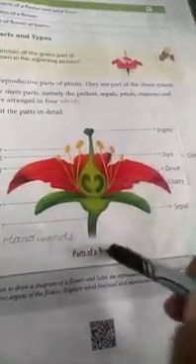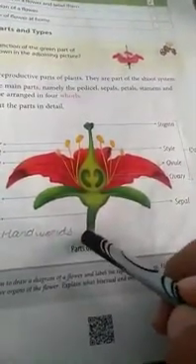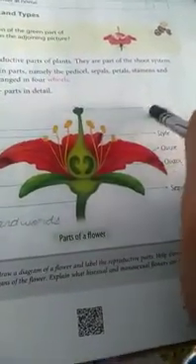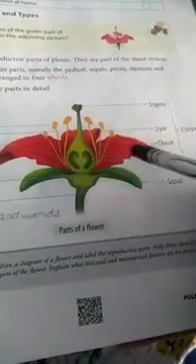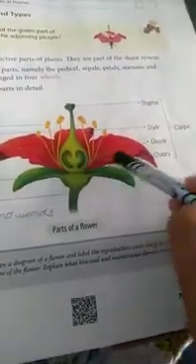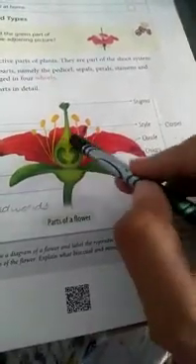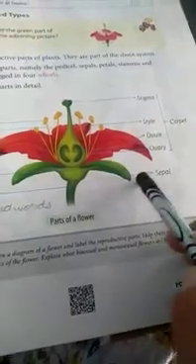We begin with the downward portion. Now I'm starting with the upward portion. Stigma, this funnel-like structure, stigma. The portion below it is style. These 2 egg-shaped structures are ovules, and this egg is enclosed in the ovary. Then this is sepal, style, stigma, style, ovary, and ovule, they make carpel.